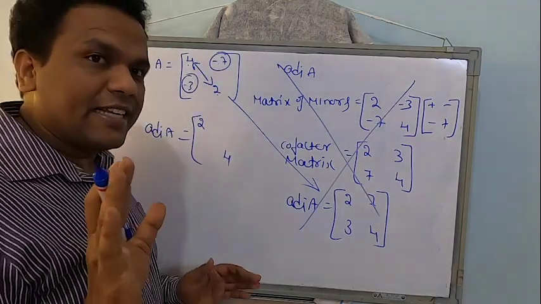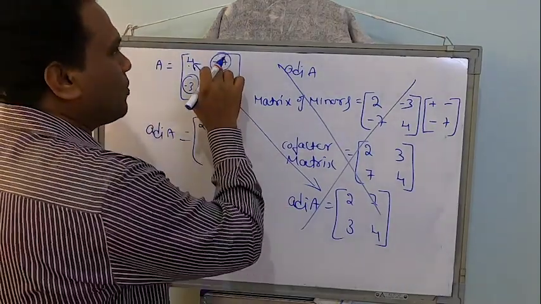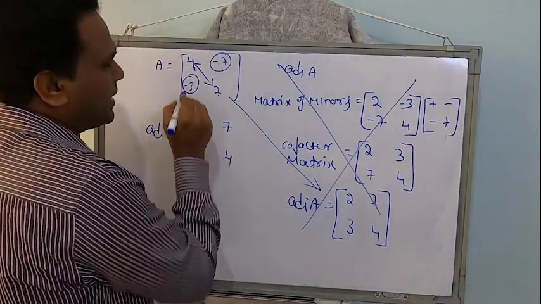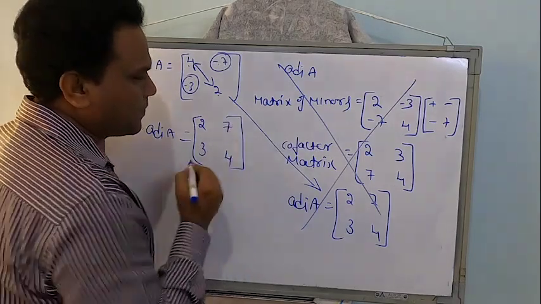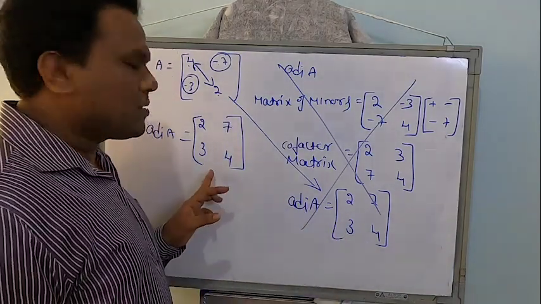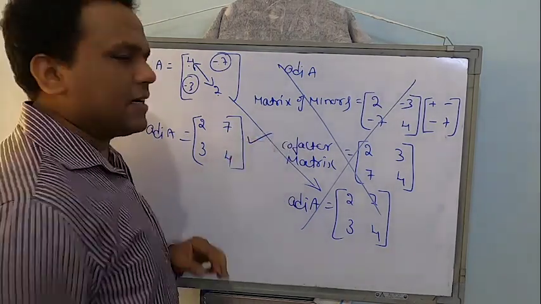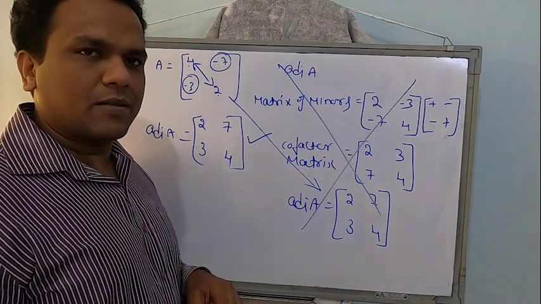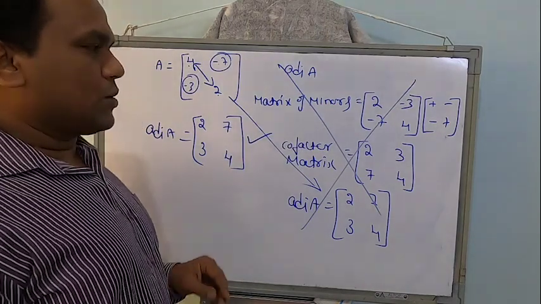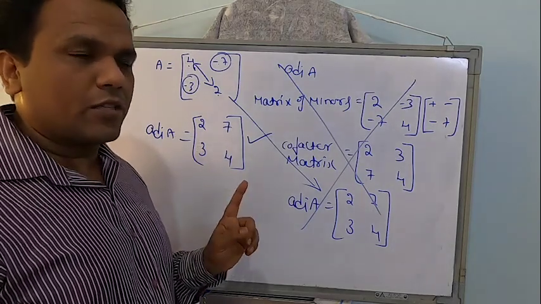Don't interchange the secondary diagonal. Elements will be the same with opposite sign. So minus 7 will become plus 7, minus 3 will become plus 3. This is the regular procedure by which we got the adjoint, and this is the shortcut method of finding the adjoint in only one step. Yes, this is permitted. We can try this. Remember this method. Very helpful. The shortcut method of finding the adjoint works only for a 2 cross 2, not for 3 cross 3.